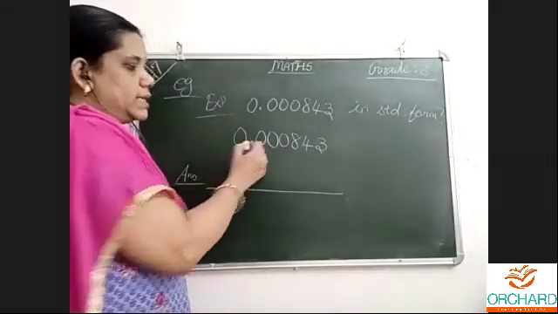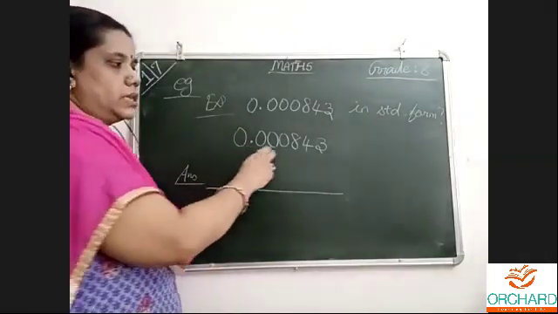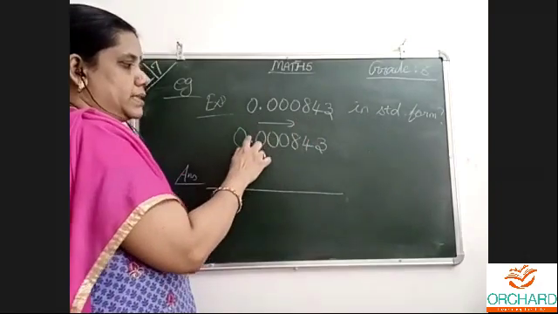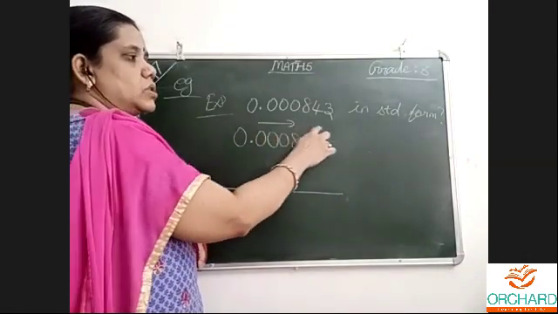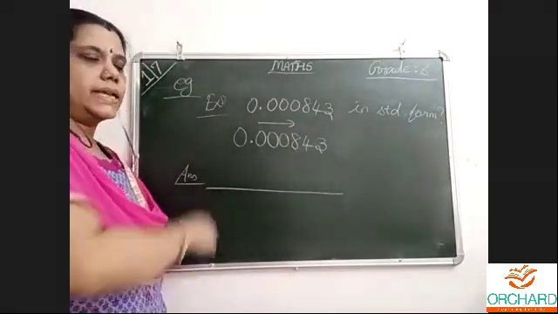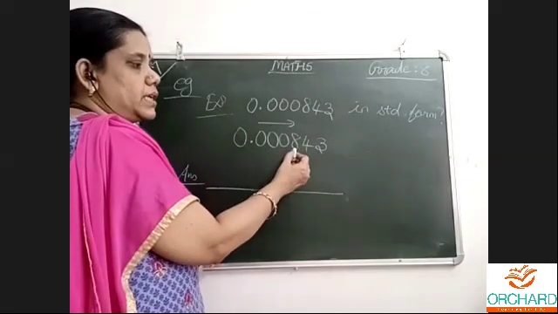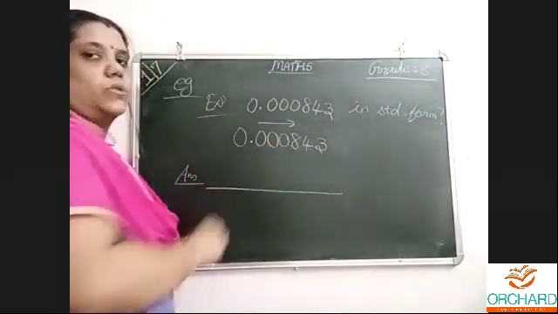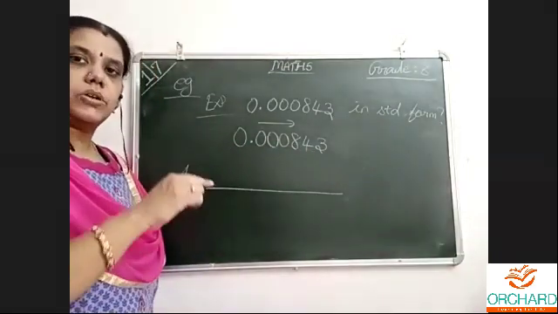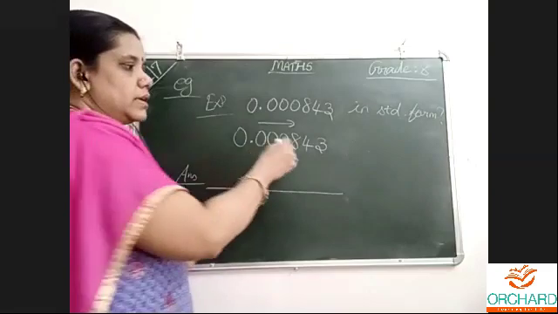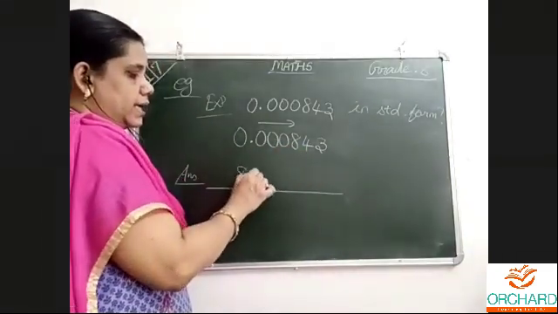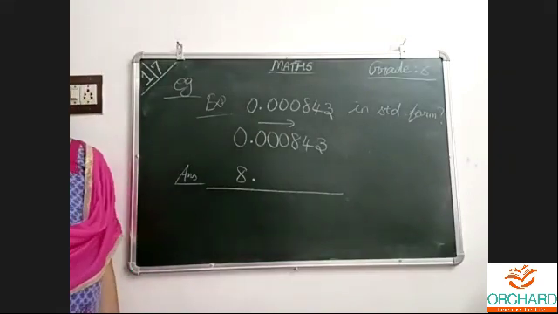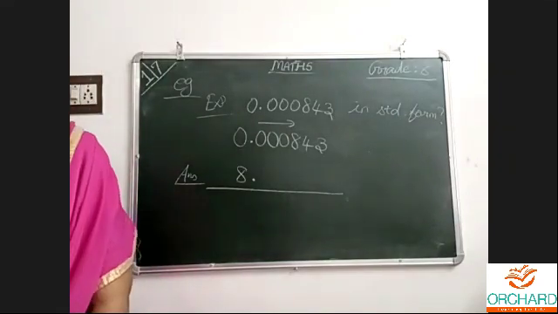Now, when the point is there and 0, 0, 0 like this, we need to move from this place. The point comes out and keeps on coming out. Where should it go? It should go after this integer. One integer should be left and it should go there. Last time also we wrote 6 point something. Here 8 is there, so 8 point. Like this, we should stop. 8 point.